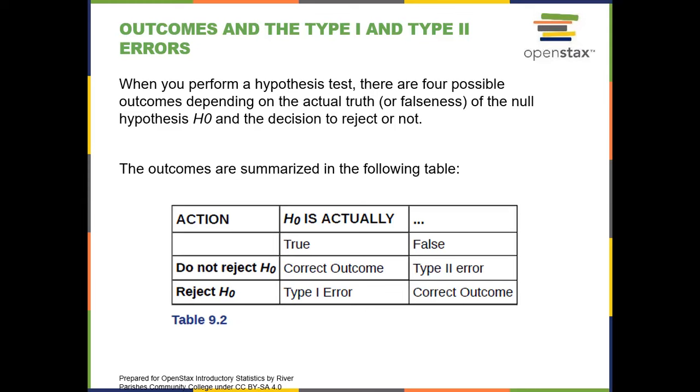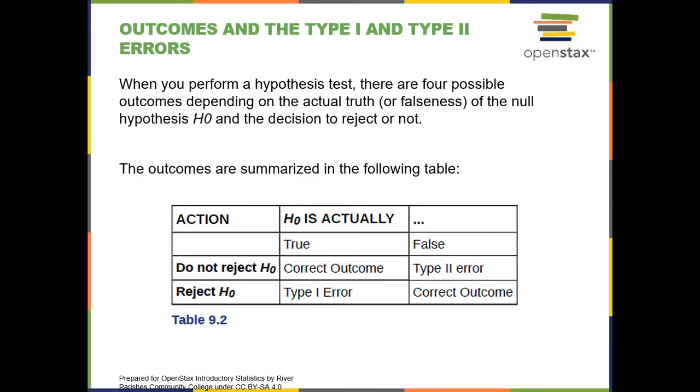So action means the decision we are taking. That's in the first column. The state of the null hypothesis is in the second and the third column. Second column, H0 is actually true. That is the state of the null hypothesis. In the third column, H0 is actually false. So what is my decision? Second row,